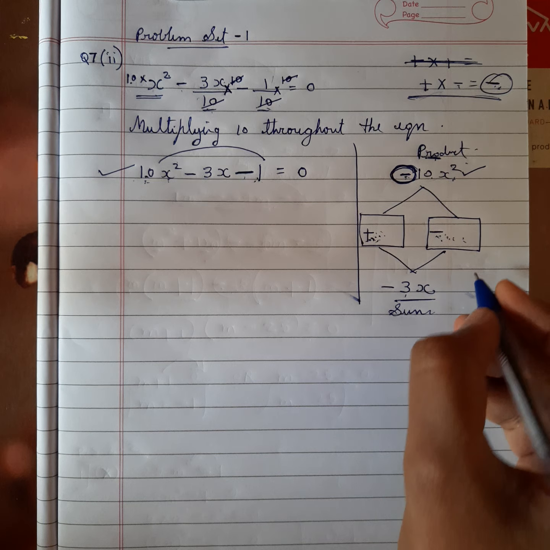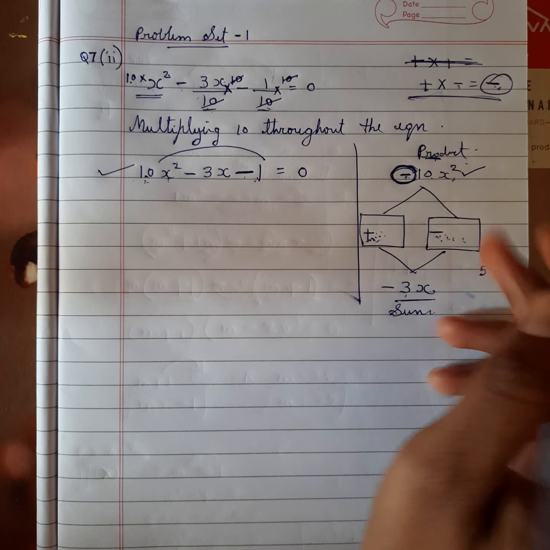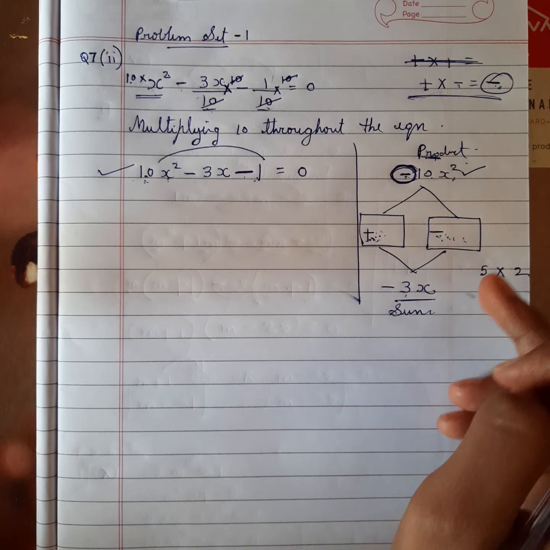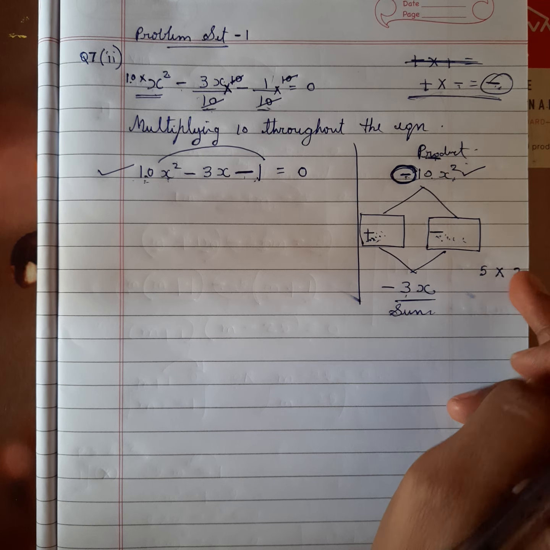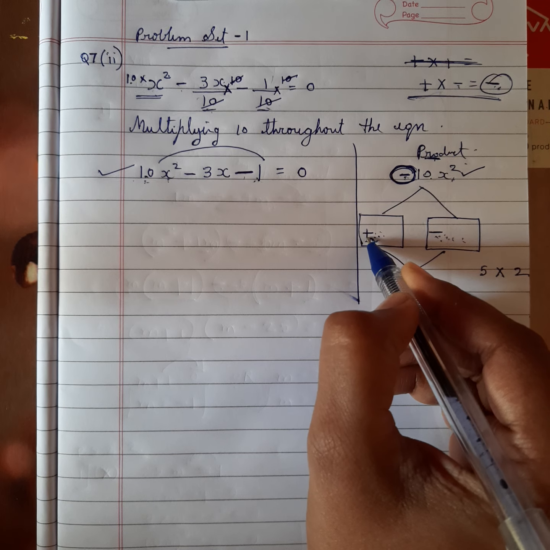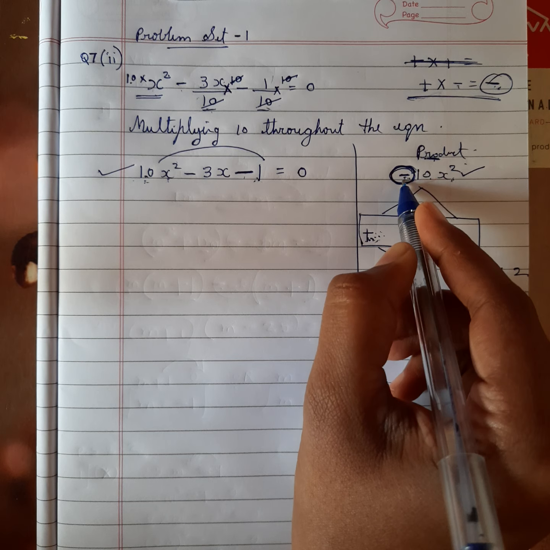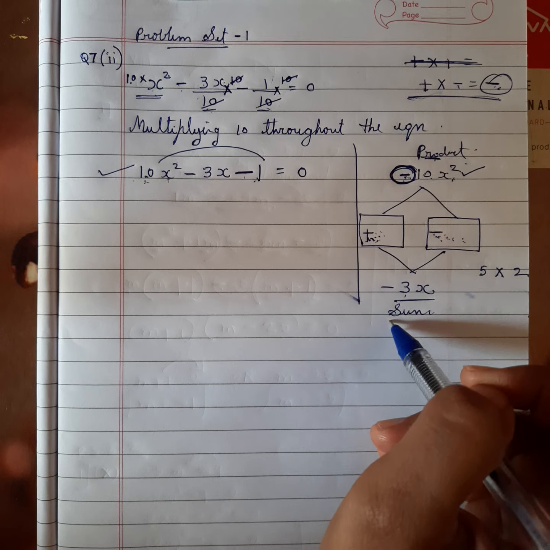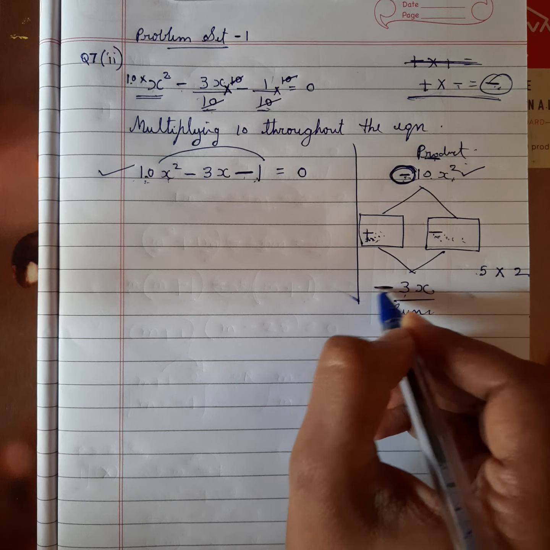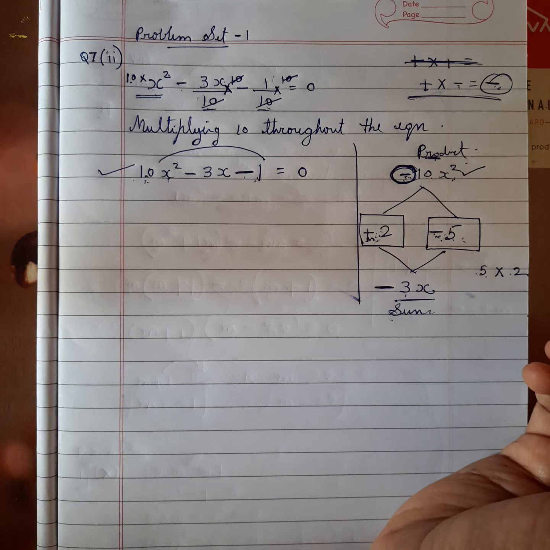So which number is suitable? 5 and 2, is it? Just you can recheck. 5 2s are 10. By multiplying we should get 10. And by subtracting 5 minus 2, by subtracting we should get 3. Correct? And sign also. If one is positive, another is negative, plus into minus, according to the multiplication rule. And according to the addition rule, if one is plus, one is minus, subtract numbers and put bigger number sign. Here the sign is negative, so bigger number should be negative, smaller one will be positive.